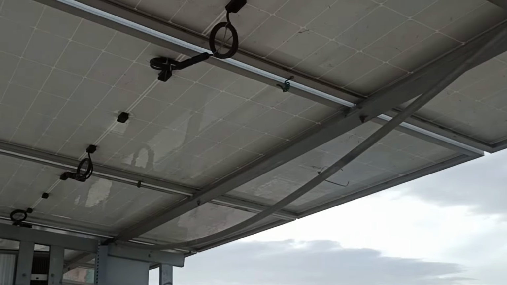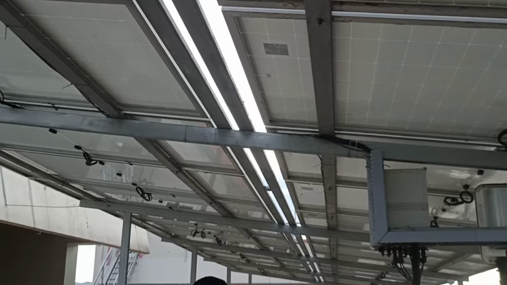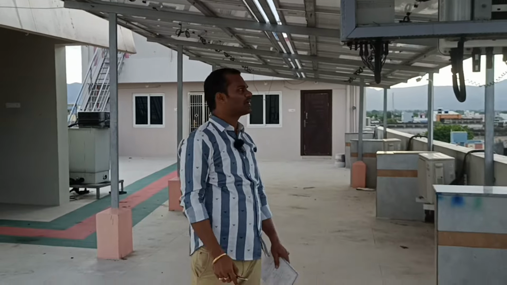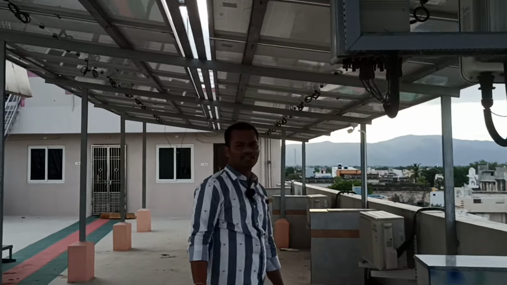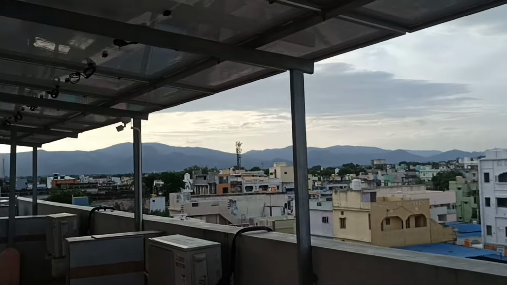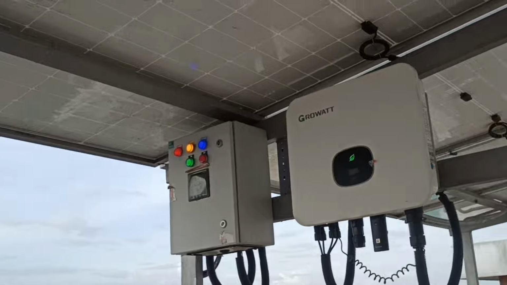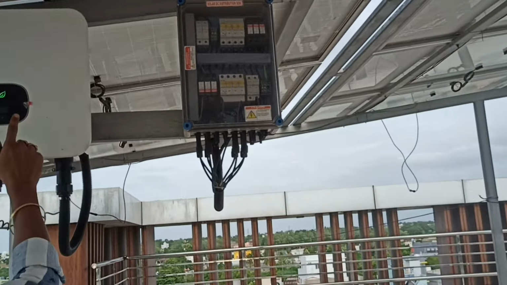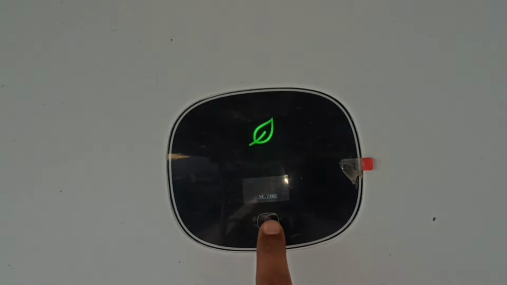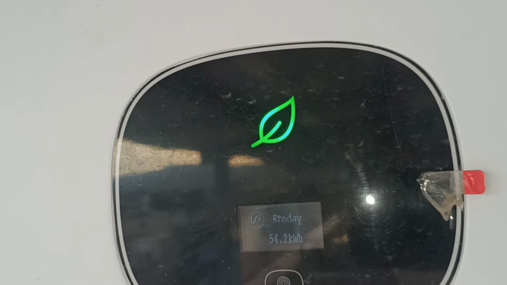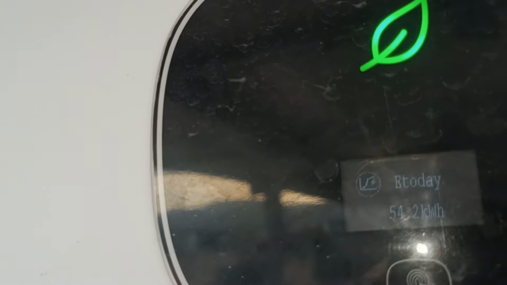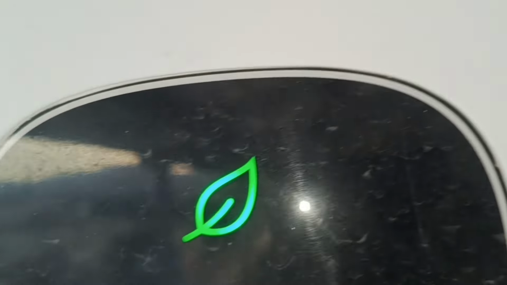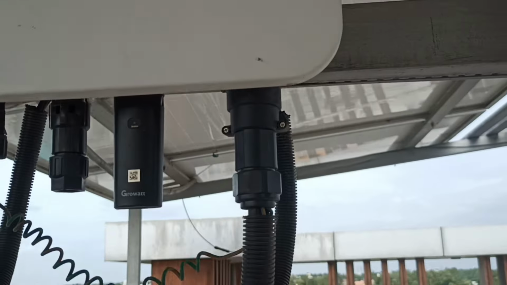On average, if you calculate for this 14 kilowatt system, 1 kilowatt will generate 5 units per day. So approximately 14 into 5, per day it generates 70 units. Today you can see in the statistics that it has to generate 70 units, and it has already generated 54 units. Today we have a little less heat, so that is why it generated only 54 units. Over 30 days, on average, 70 into 30,